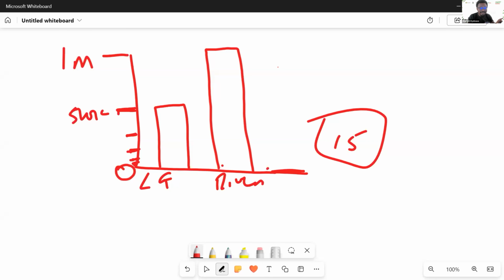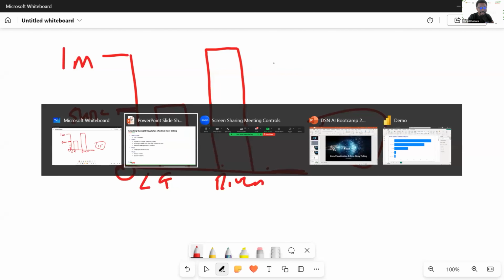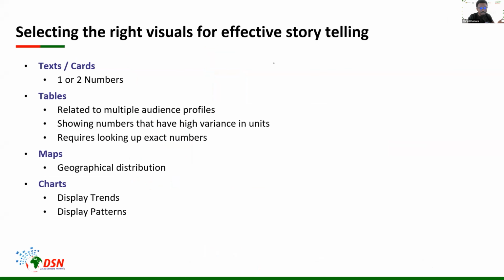However, where the exact numbers are required, then you are meant to use a table visualization, right? Because first of all, it is important to see the exact numbers. And secondly, somebody really is going to look them up. So like this example, the finance team is basically going to be writing checks to each of those different state revenue services. So it means that they need to look up each of the states one by one for them to know the amounts to write on the checks, right?